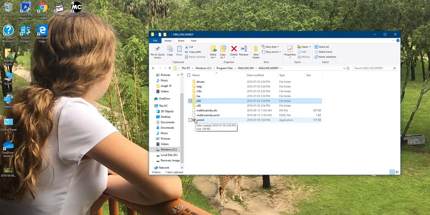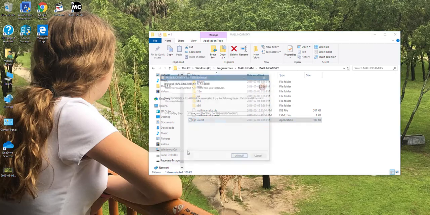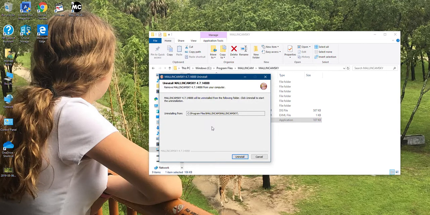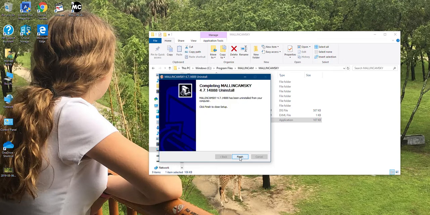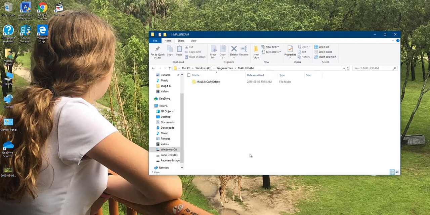The first window that will pop up you won't see on the video because it's a root window, and it just asks for permission, and you just say proceed. So let's double left click on this button. You'll hear it pop up and it says, do you want to allow this app to make changes? Just say yes. Then it'll pop up another window which says this is where this stuff is, and you just click uninstall, and it says it's done. So click on finish, and it automatically takes you back one folder to the Mallincam DirectShow if you have Mallincam